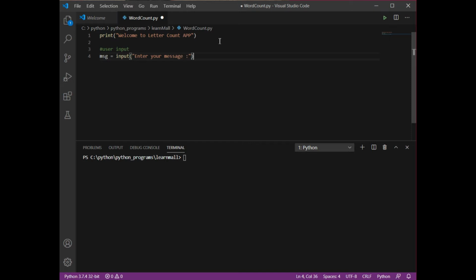Now after that we need to ask the user which letter they want to count, that is, in your message which letter's occurrence you want to count.